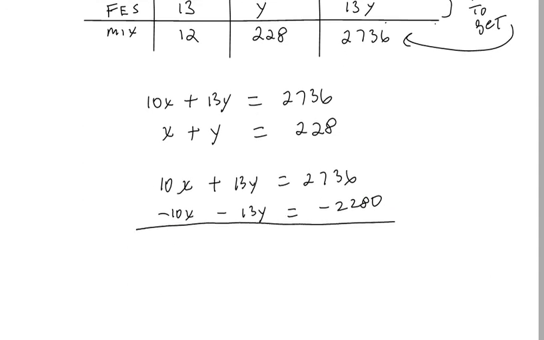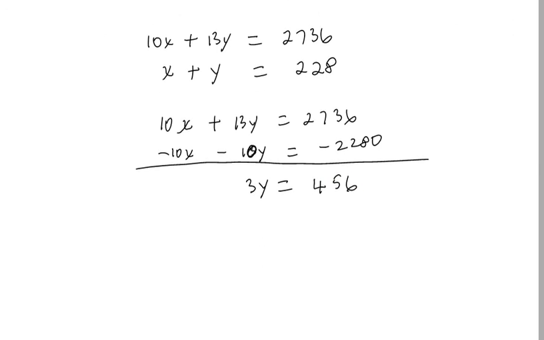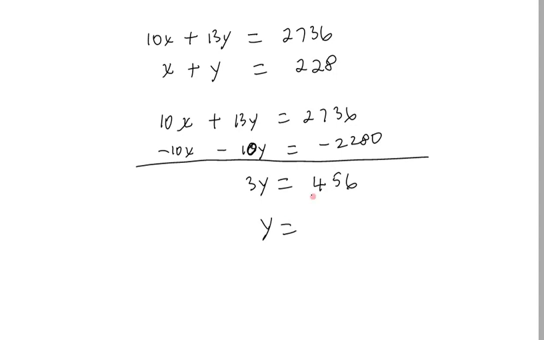The x's cancel, and this should have been a 10, not a 13, because we didn't want the y's to cancel also. The x's cancel, but 13y minus 10y gives us 3y. 2736 minus 2280, when you subtract those, you get 456. And then we divide both sides by 3. 456 divided by 3 gives us